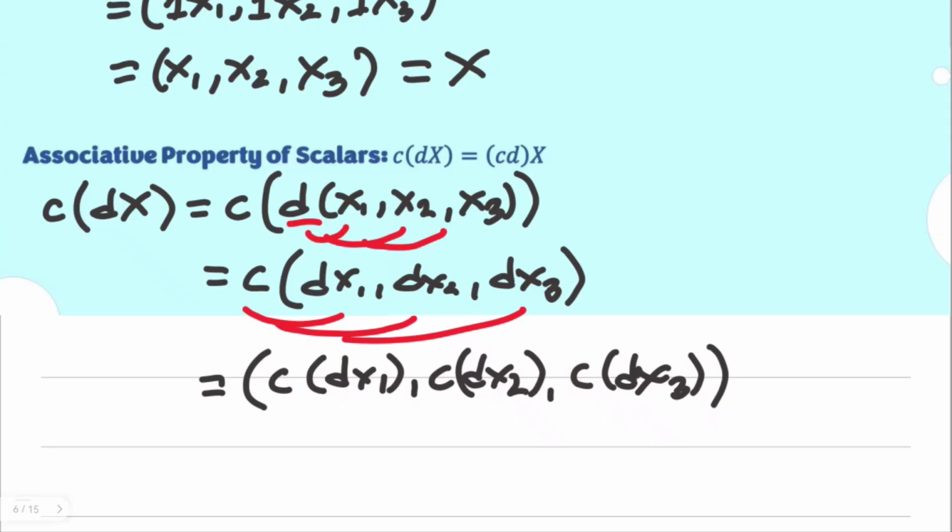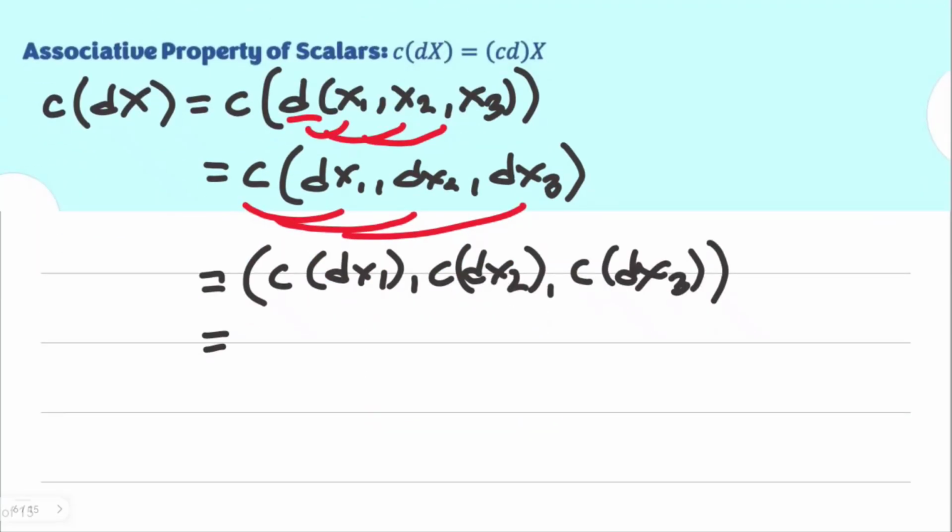Now, when this vector is already done, the 3 components are already done, and all the factors of the components, we're talking about c and d being scalars already, and x sub 1, x sub 2, and x sub 3 are also real numbers, then in each of the specific components, we can now apply the associativity for multiplication, because for real numbers, associativity is already established as well. So what we can do here is regroup that. Instead of c times the group d and x sub 1, we can rewrite it as c times d times x sub 1. We are regrouping them because it's okay, since they are all scalars.